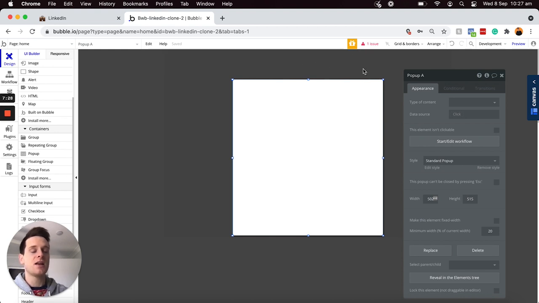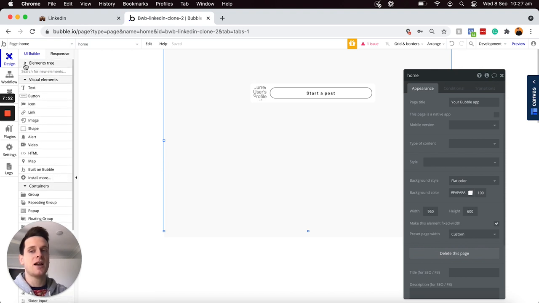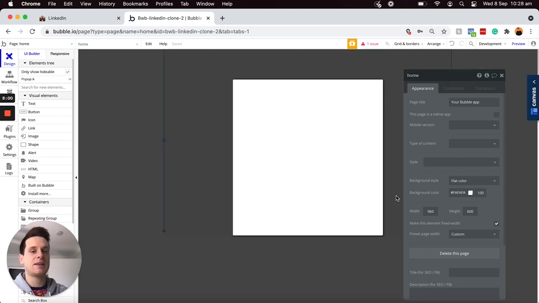So I personally love using pop-ups because they save you from having to redirect the user through to another page within your application. And if at any point the user would like to return back to the position they were on the original page, they can just click away from the pop-up and then they will just be returned to that page. And of course, because that pop-up is hidden by default, if you'd like to display it again, just open up your elements tree here in the left-hand menu and select the eye icon, and that will display this